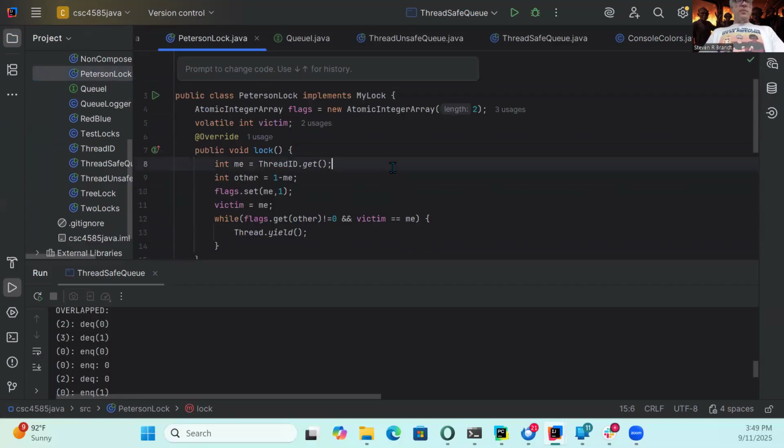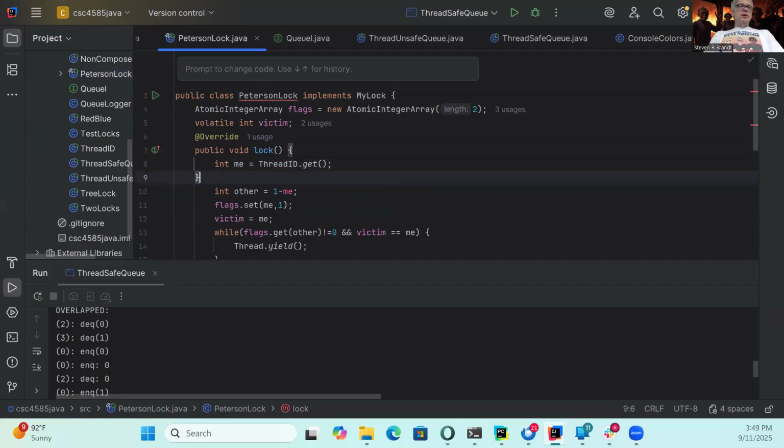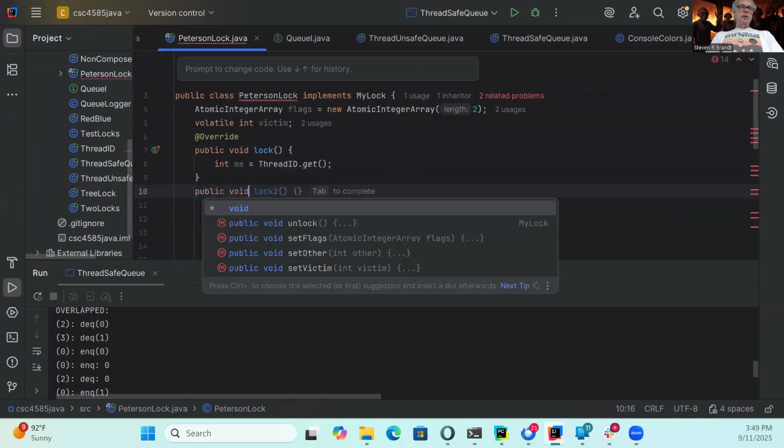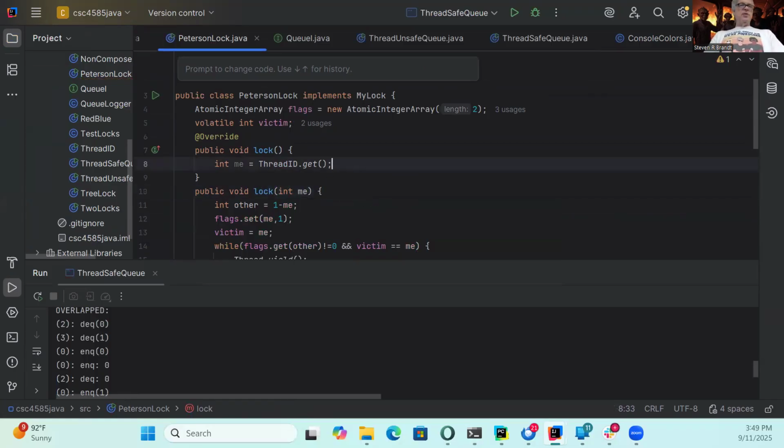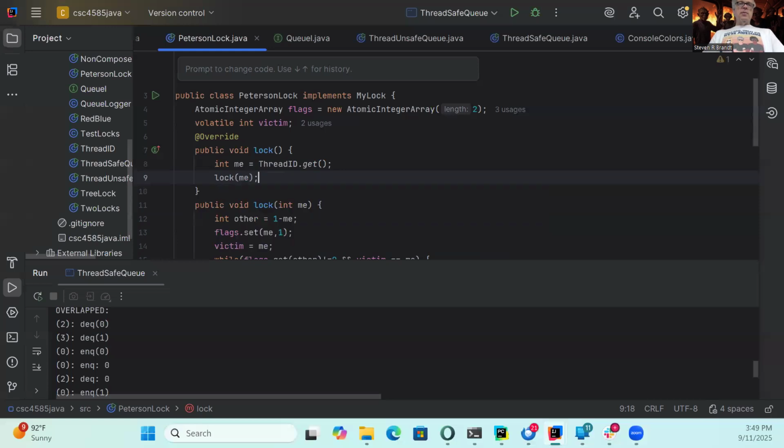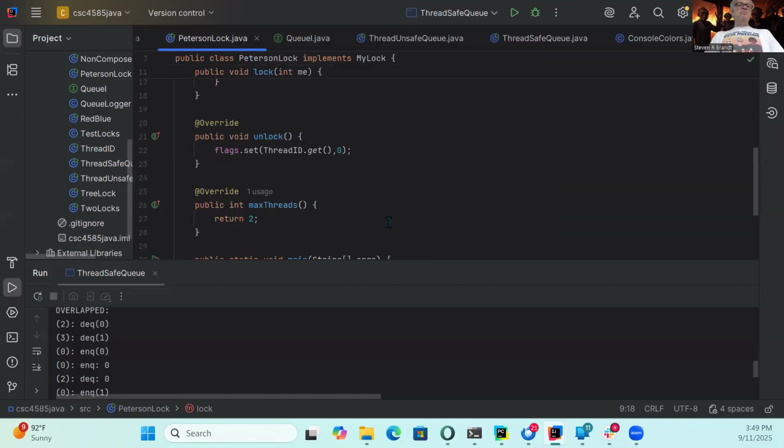You create another method like that. So I have a lock me, and I'm going to have this one call that one. Simple enough, right? And I'm going to do the same thing with unlock.